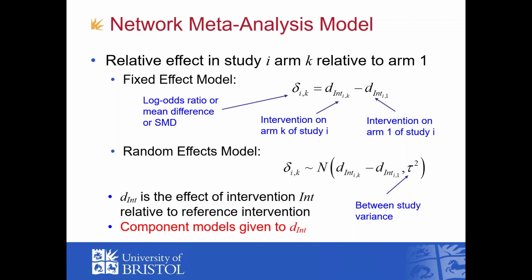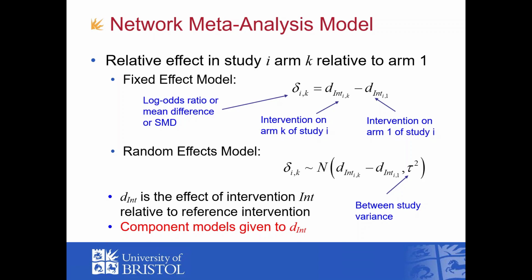The random effects model looks exactly the same, except we assume that the study effects for each treatment arm and study are not exactly the same as each other across studies, but similar. And there's some between study variability, which we've called tau here. Tau squared is the between study variance. And so each study estimates something a bit different to each other, but they're centered around the same central point,